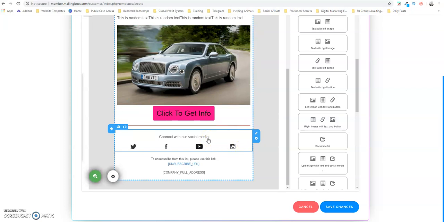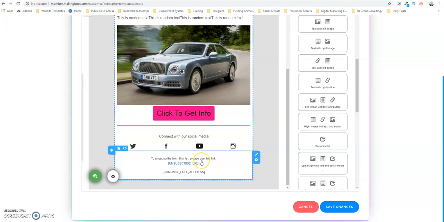That is just a generic template that you could put through whenever you have subscribers in your list. You can now use this template for all your emails, whether it be just a single email that you want to send out, or if you want to send it through your autoresponder